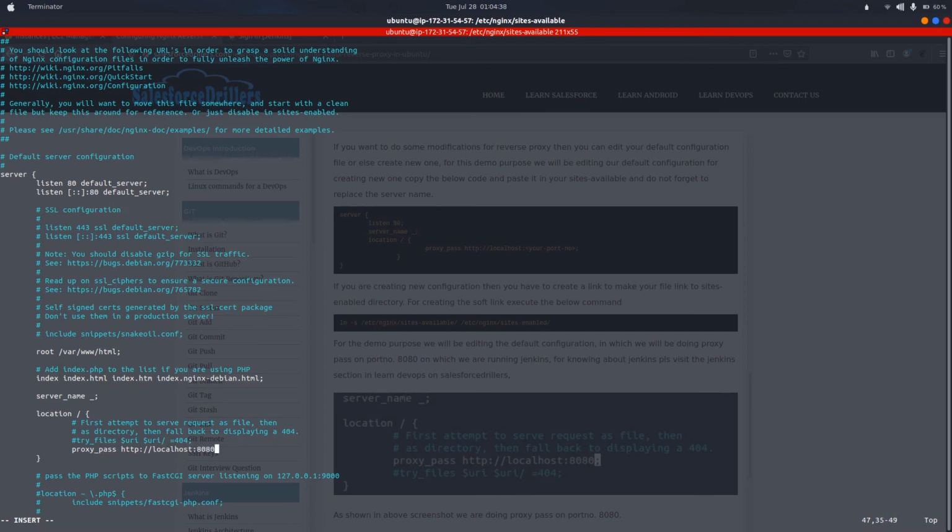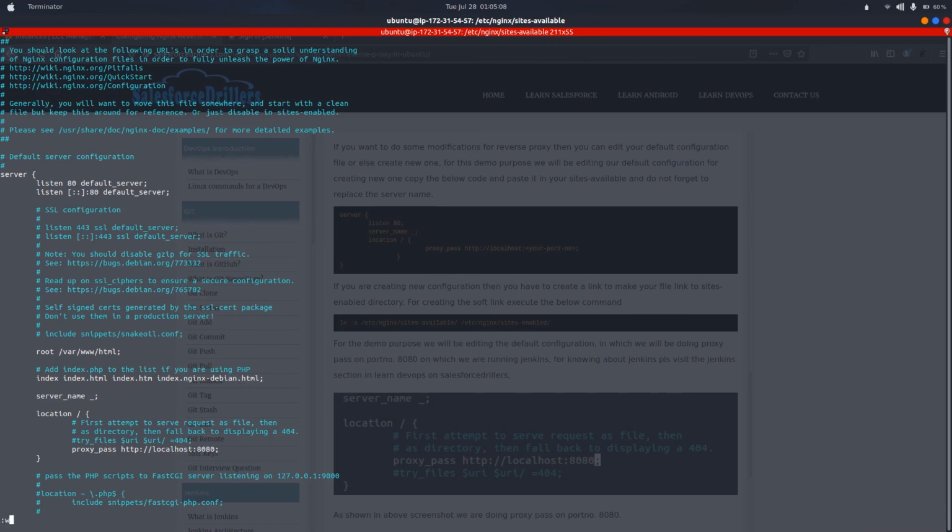What this means is that whenever we hit the public IP of our EC2 instance on port number 80, the default HTTP port for Nginx, it will redirect us to the application that is running on port number 8080.